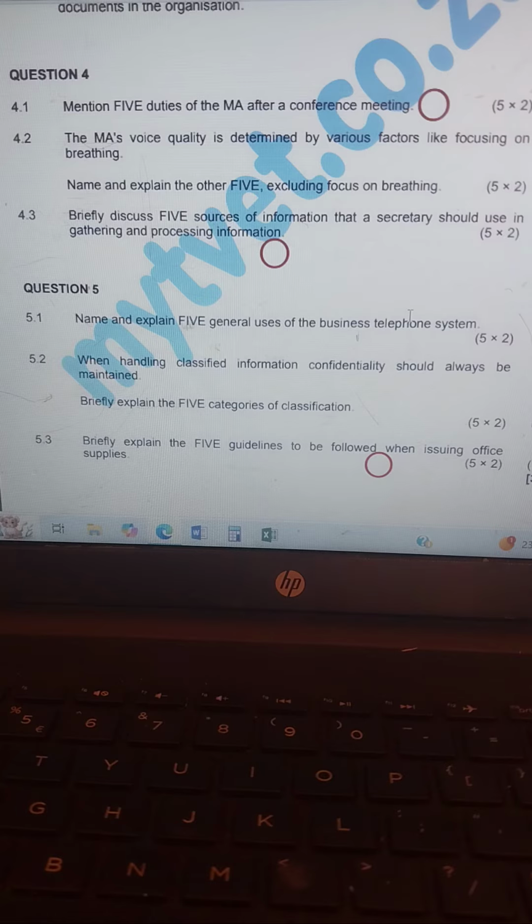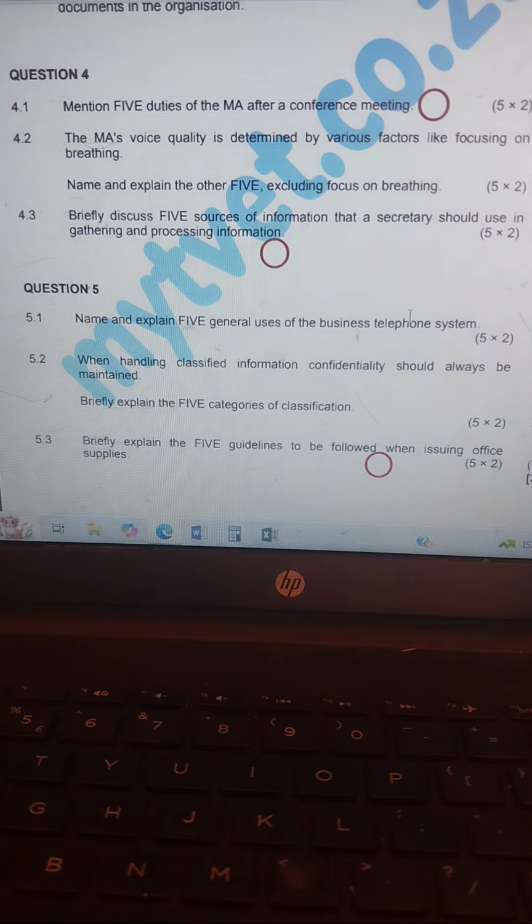Those are 5 duties after a conference meeting. Then we go to 4.2. The management assistant's voice quality is determined by various factors like focusing on breathing. Learn how to breathe. Guys, learn how to breathe. It's very important. I know all of us do breathe, but there's a way that you need to breathe. Name and explain the other 5